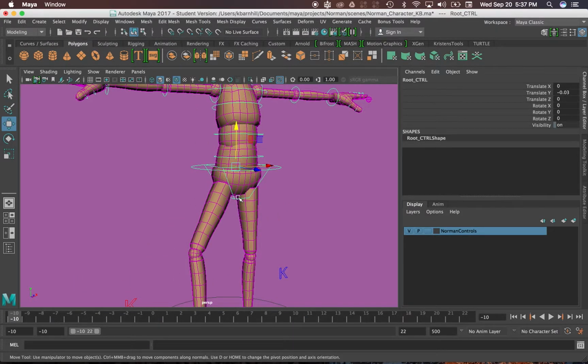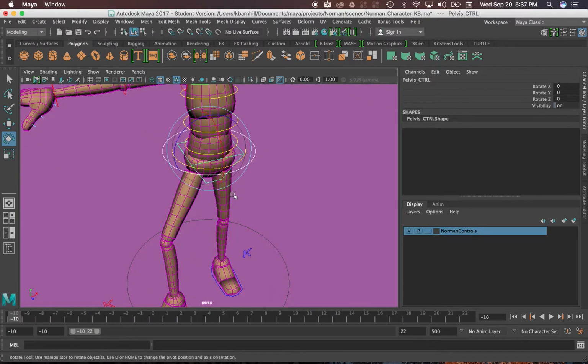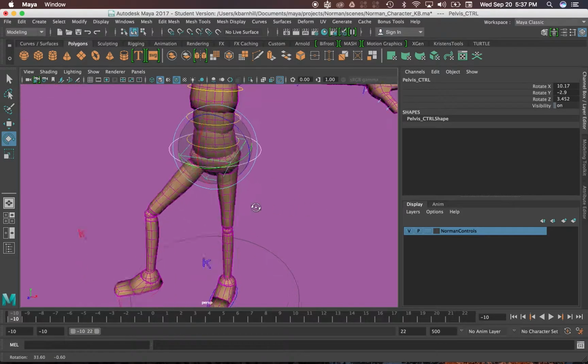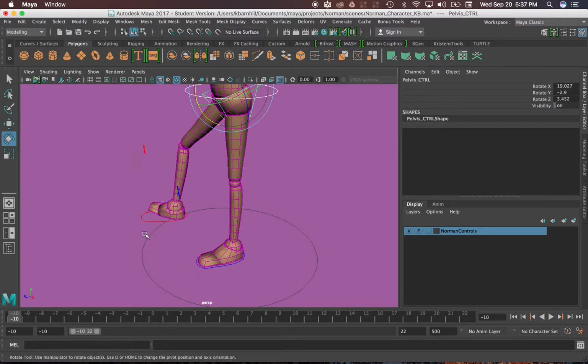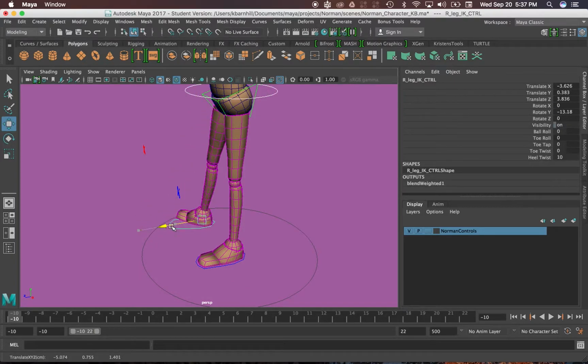Okay? And then we have the pelvis control here. It does not move or scale. The rotate does work. So if I press E on the keyboard for rotate, I can rotate below the waist, the pelvis control. Okay. So if you wanted to have a girly looking Normina instead of Norman,